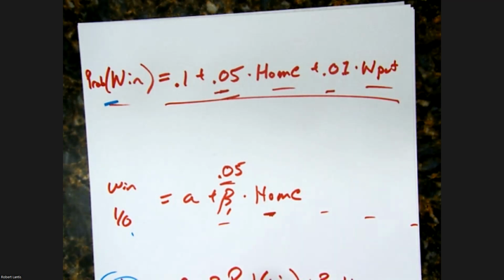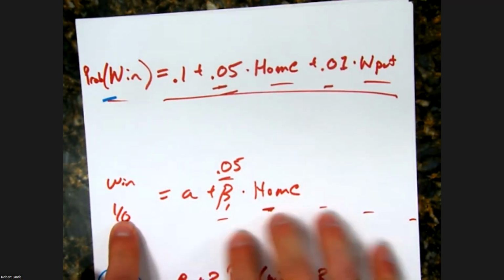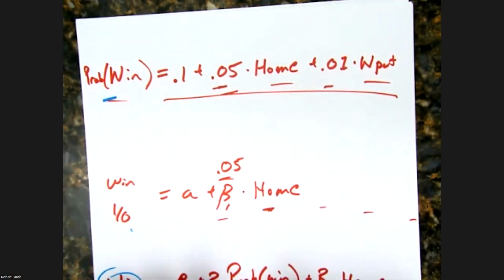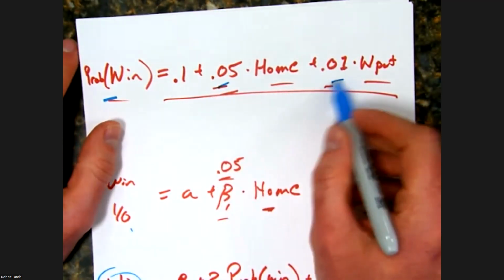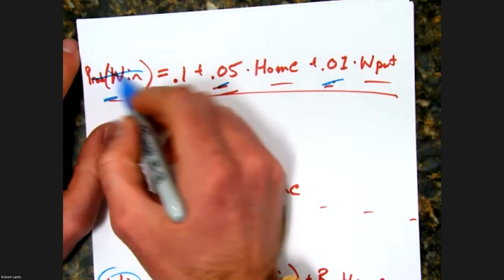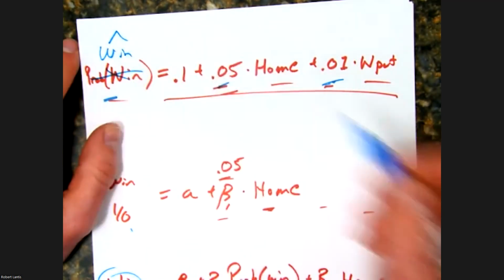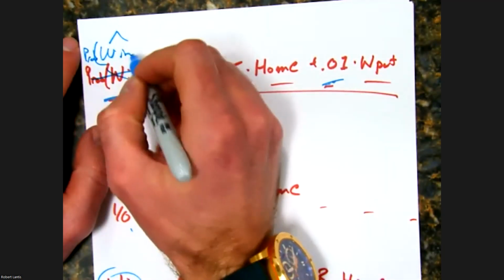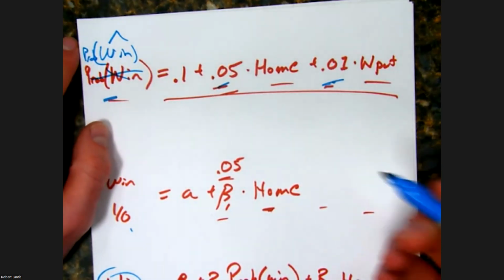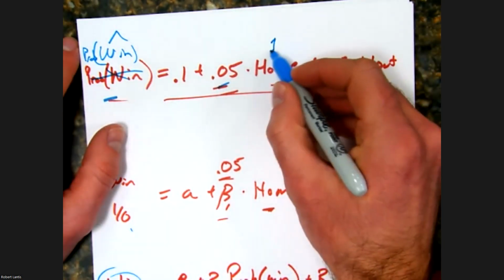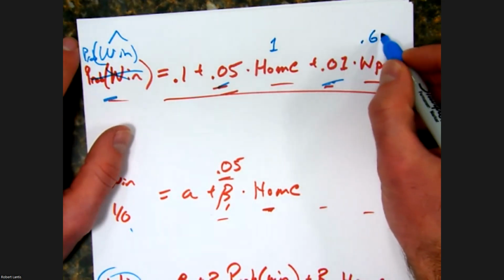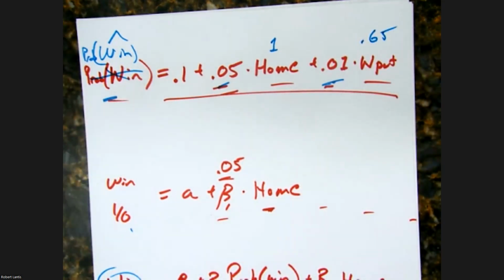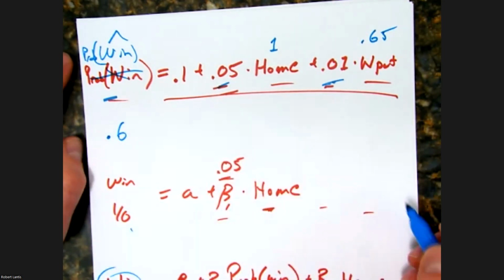So for instance, let's say I went through that process, right? I run this regression, I've got all these control variables. Whatever these coefficients are, I can come up with the predicted probability of winning. Sorry, I should have written probability here still. But I'm coming up with a prediction. I can plug in these hypothetical values. So maybe it's a home team. Maybe their win percentage is currently, I don't know, 65%. I go through all my control variables and plug in this hypothetical future game. Well, let's say I come up with a probability that they win of 0.6, right?